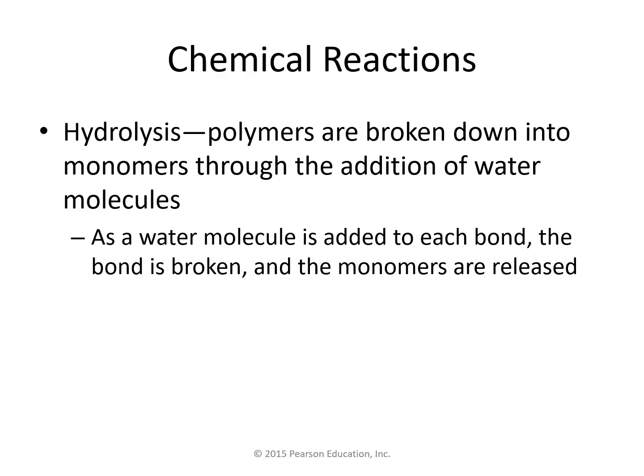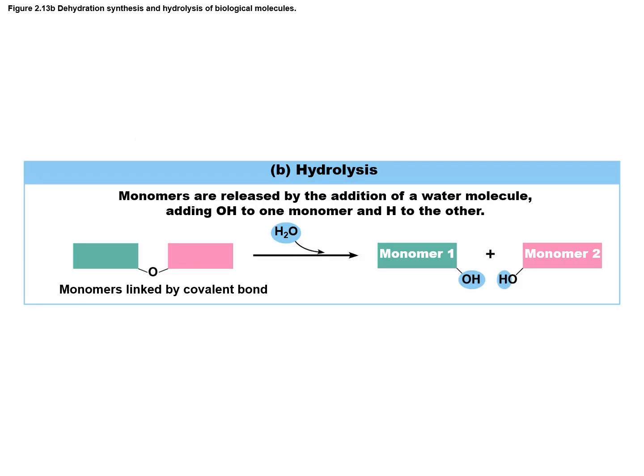The opposite of this would be hydrolysis, right? Remember, I just talked about that earlier. Hydrolysis is when you're using water to split apart molecules. So you can break down a polymer into monomers through the addition of water molecules. When a water molecule is added to the bond, the monomers are released. So hydrolysis is really the opposite of what we've just seen. And this is what I alluded to, how many times enzymes and catalysts can use water to break apart